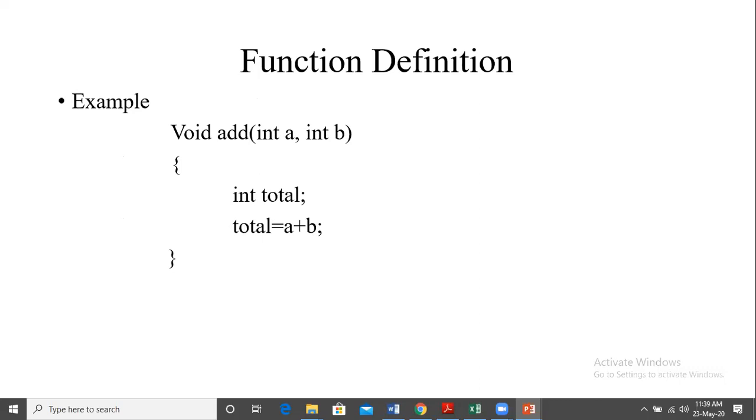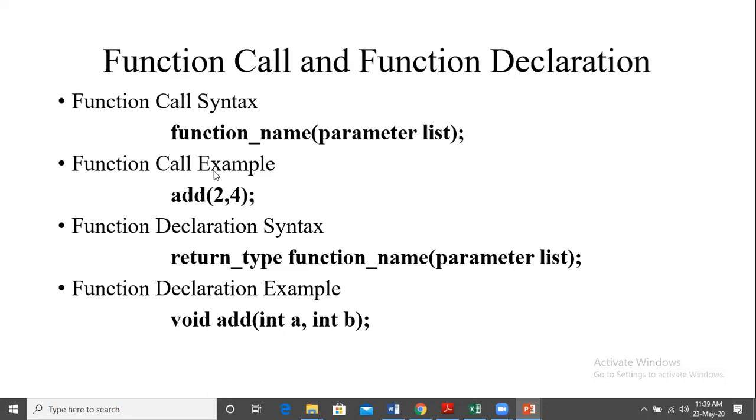So this is how function call will be there, right? Function name within bracket 2 comma 4. Assume we are taking input for A and B. We may write here add within bracket A comma B also. Then before that we should have taken input, scanf ampersand A B. We should have taken input for A and B, then we can write the variable also. So inputs we can give directly or we can give using scanf, like how we do normally for programs. So this is the statement for function call. Is the concept of function call clear?